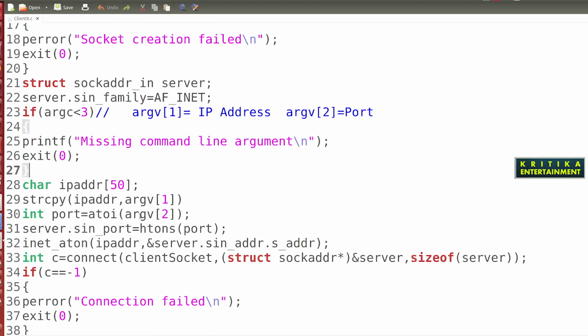Int port is equal to ATOI ARGV[2]. Then server dot sin port is equal to HTONS port. Here I'll check where this bracket and this bracket are. Then I'll check why this error occurred.